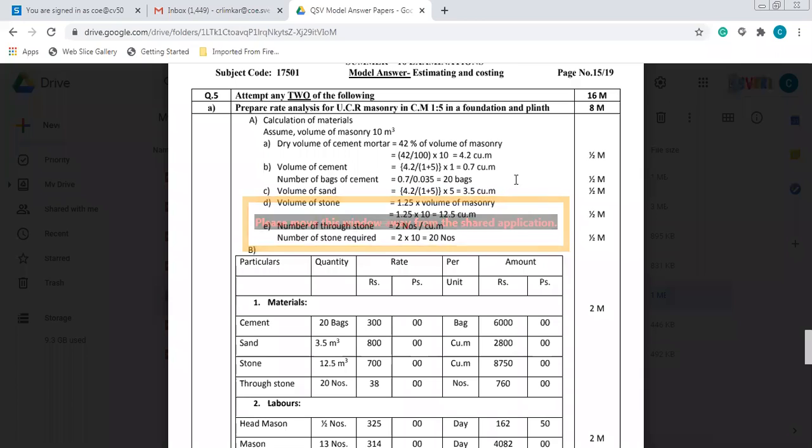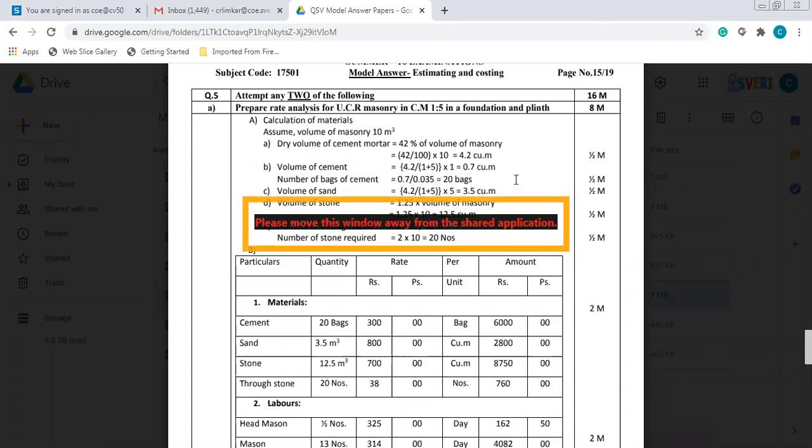Then the number of throw stones, generally two numbers of throw stones we require per meter cube. This is not required while solving the problem. No one is expecting that you do this calculation. Just up to the volume of stone you have to find out as far as our problems are considered, because our problems are asked for 4 marks. Whatever problem I am discussing with you is asked for 8 marks, but the detailed quantities are being asked. As far as 4 marks weightage is considered, just up to the volume of stones. So the last step we can cut down. Just up to the volume of stones we have to determine the quantities, and the rest part is nothing